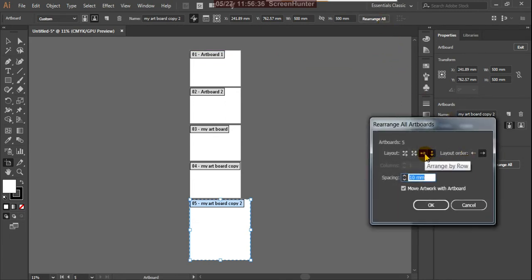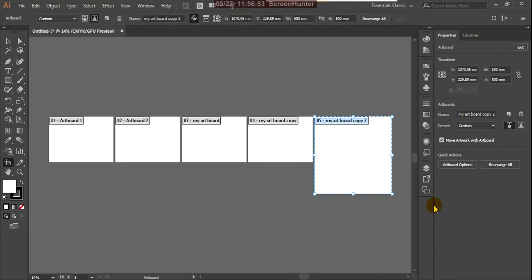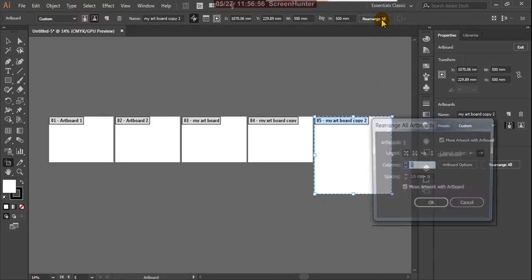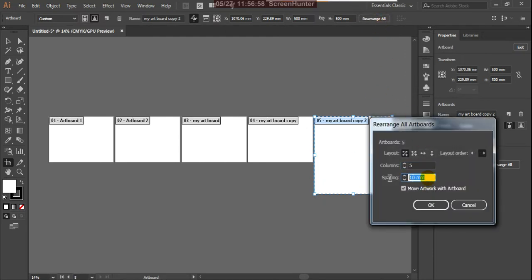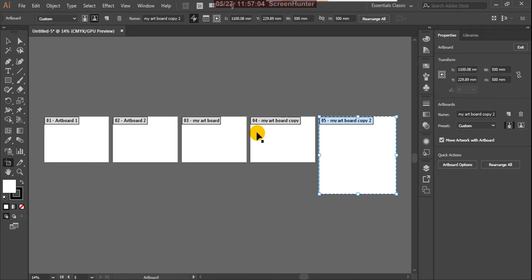Okay, and the same: arrange by row, grid by column, and grid by row. Okay, so 3 by... I am giving the increment of this, so suppose 25 here. Yes, see, accordingly it is changing. And now here what I am giving, suppose here also 25, the gaps are spreading, increasing the gaps.